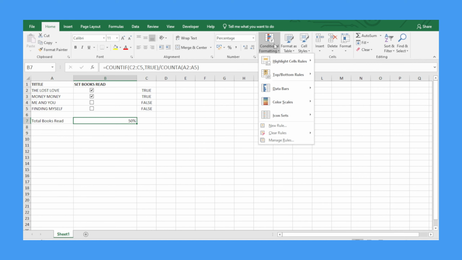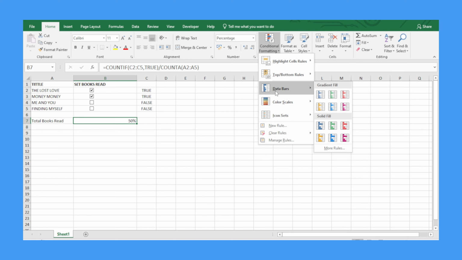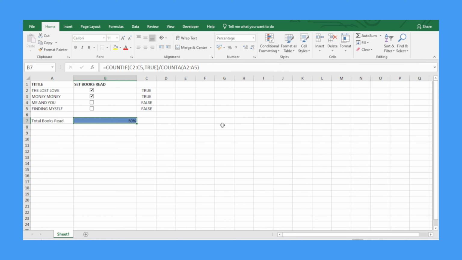Clicking on it, on this drop down list, go ahead and click on data bars, and then you can select any that you want here. So let me just pick a solid fill like this,